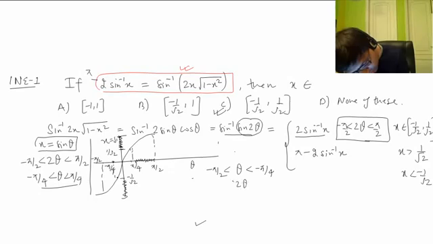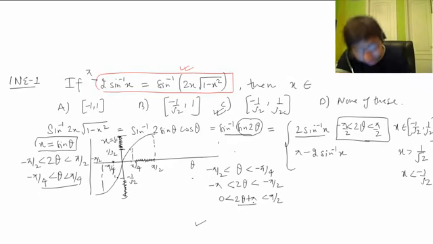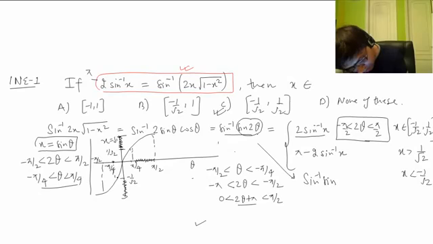2 theta is from minus pi to minus pi by 2. So we have to bring this in principal value branch. We add pi. 2 theta plus pi is in principal value branch. Yes, 2 theta plus pi. So we have to make 2 theta plus pi. So what we are going to do, we write sine inverse sine, the value of 2 theta we replace. We replace with the sine 2 theta formula. Sine 2 theta is minus